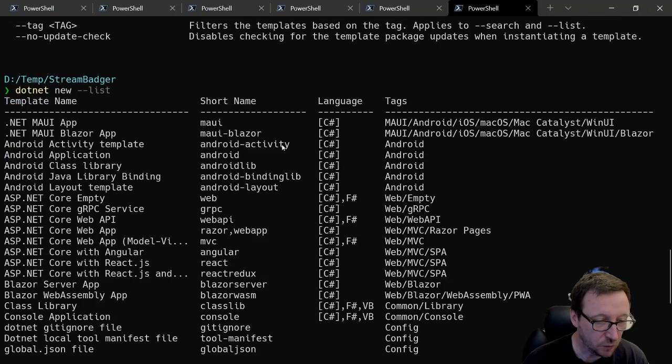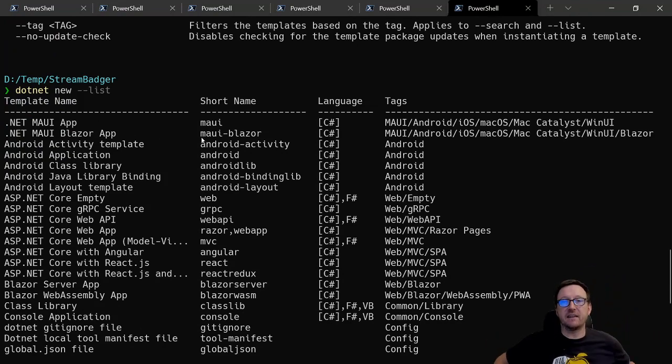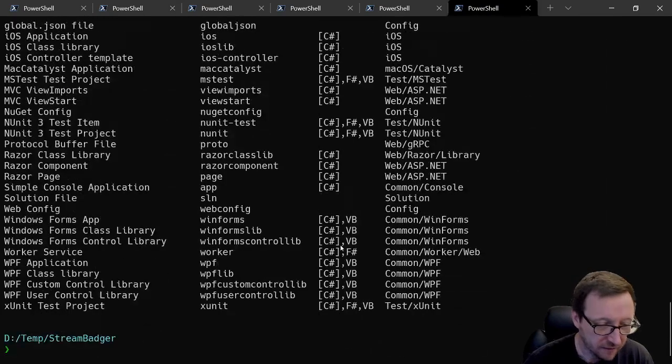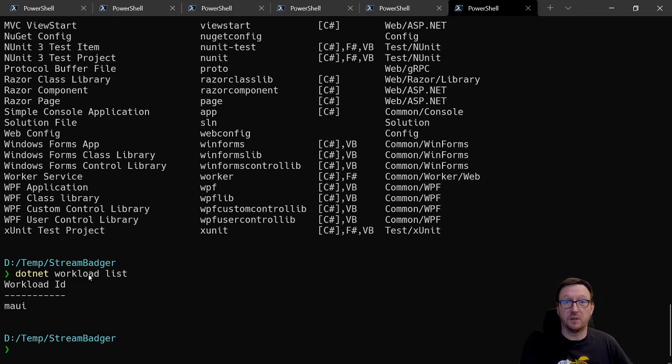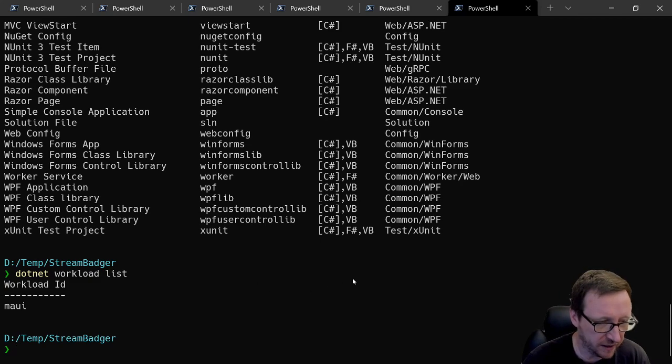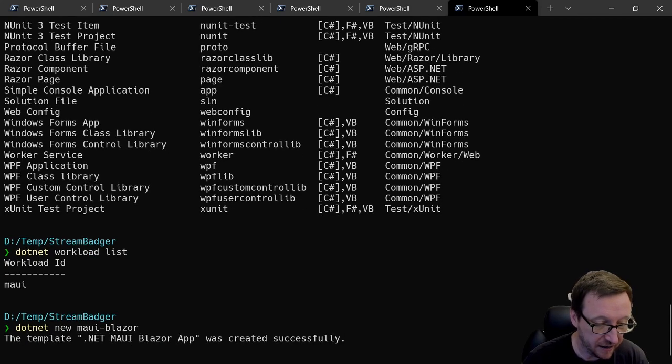So I installed .NET 6 Preview 6, and I've installed, hello Surly, thanks for dropping in, the workloads, because there's this new workloads thing that you have now. If I do dotnet workload list, you can install different workloads. I've installed the Maui workload, which includes the Maui desktop workload and the Maui mobile workload. It keeps .NET smaller, but it also means you are downloading fewer NuGet packages and all this sort of thing. So I can do dotnet new maui-blazor in here,